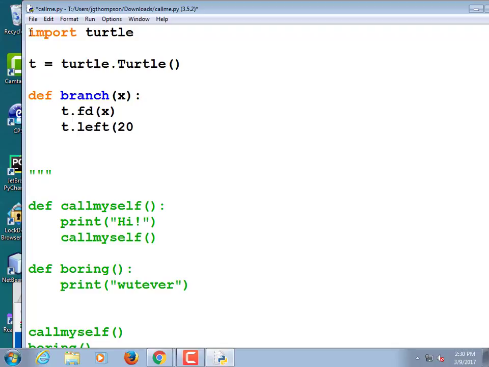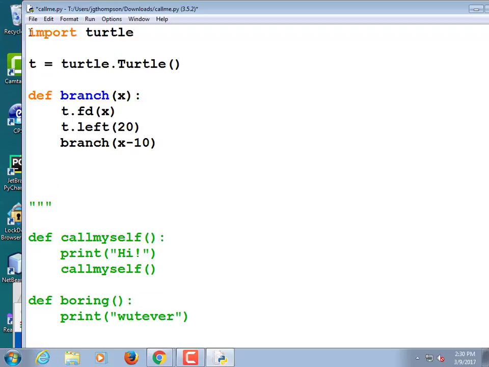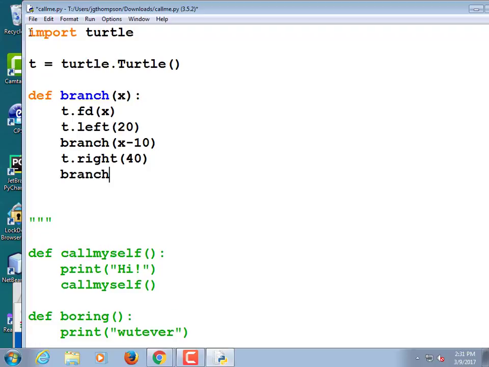Maybe 20 degrees. And then call itself with branch x minus 10. Then it's going to turn right 40 degrees because we went left 20 degrees. If we wanted to go back the way we were going, that's another 20. And then we want to branch off to the right, that's another 20. And then we're going to call ourselves once more.